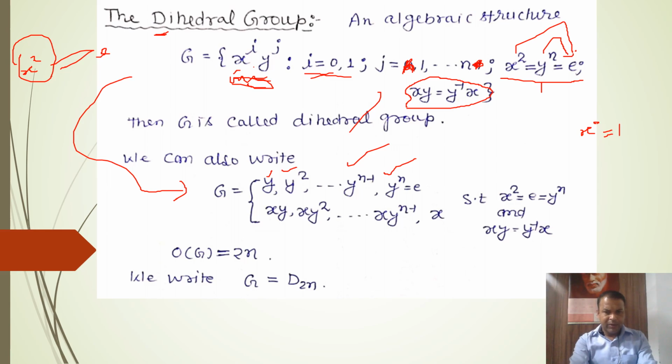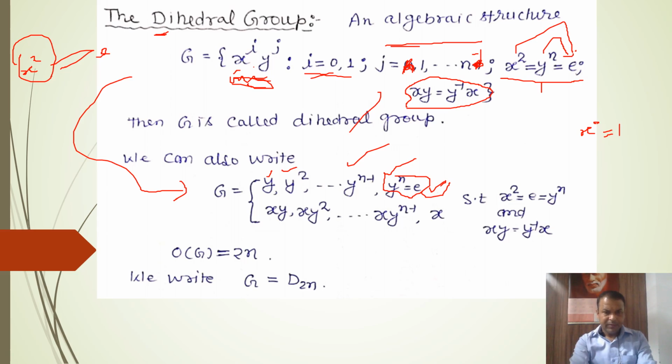But y to the power n will not be available in this group Z. So you can take here n minus 1, or you can take here n. You will go from 1 to n, but the result will appear in terms of n minus 1, because the order of this element y is n, so it will give an identity. So on using j equal to n, you will not get a new result. Either you can vary this index from 1 to n minus 1, or from 1 to n. It will be better to vary this index from j equal to 1 to n minus 1.